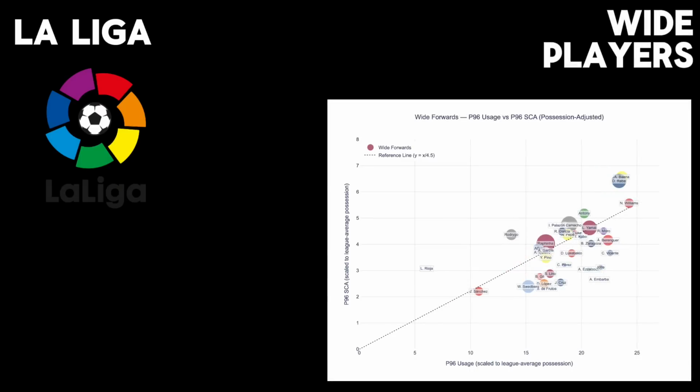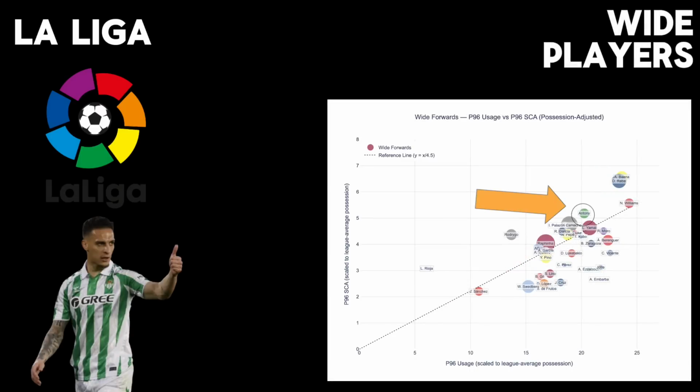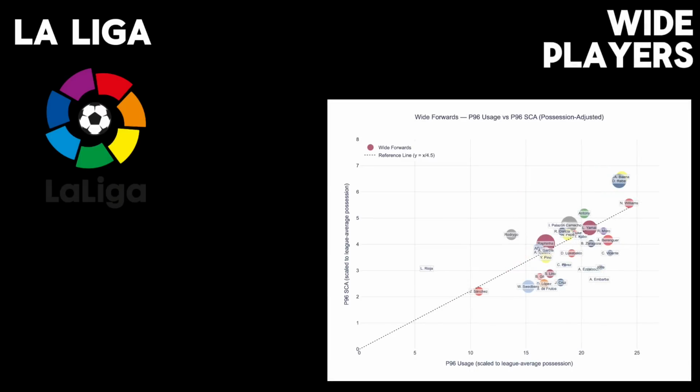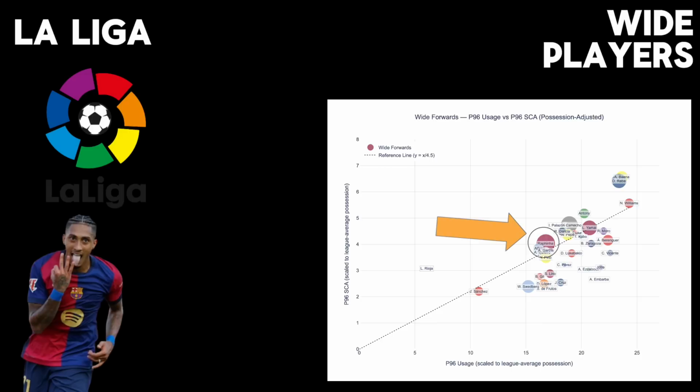Here are the wide players. Antony made a serious comeback after he moved to Real Betis in January. This is scaled for teams' amount of possession, but once you scale, Rafinha is not a very ball-dominant player. But he is a goal scorer, and he's also above this line. We'll see a lot of other goal-scoring wingers slightly or far below the line in this video. So that suggests to me that he really does it all. Earlier when I spoke about Coutinho, I mentioned that Barcelona needed a winger who could be effective without always having the ball. Ironically, I think they have that player right now.